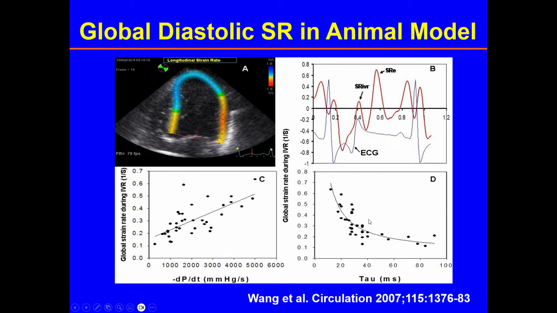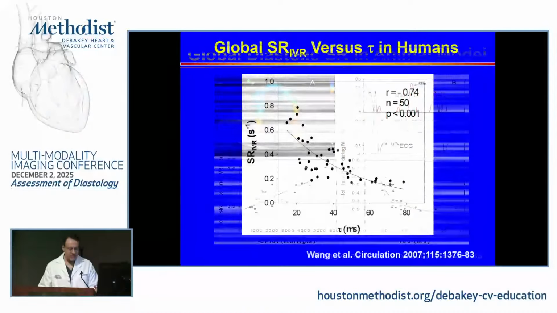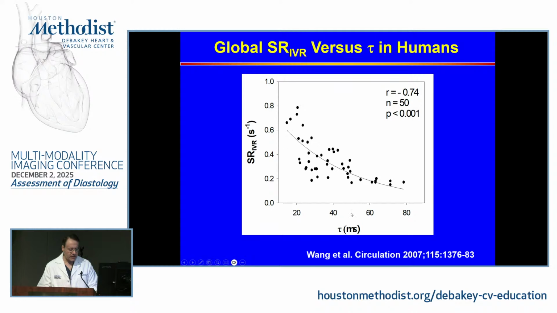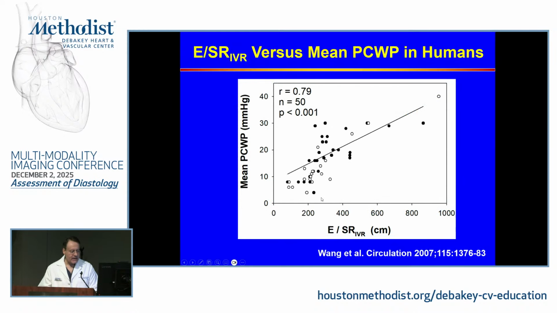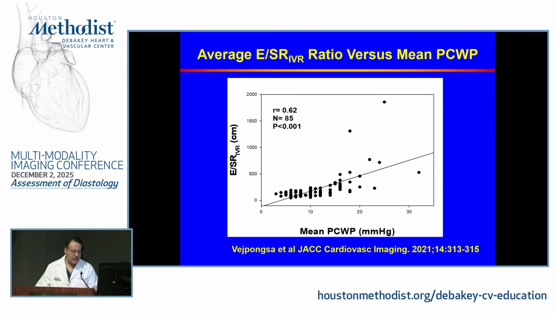These are data from an animal model. And so we can use that index as a metric of relaxation, and this shows you its relation with the time constant of LV relaxation in 50 patients. And I can do an E to strain rate signal during isovolumic relaxation and relate it to mean wedge pressure. The challenge with it is it needs a decent frame rate, a good quality image, and certainly takes more time to analyze. Why I bring it up is because we used that signal in the transplant recipients, and again, significant